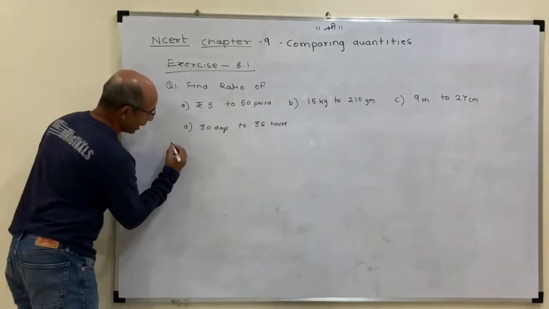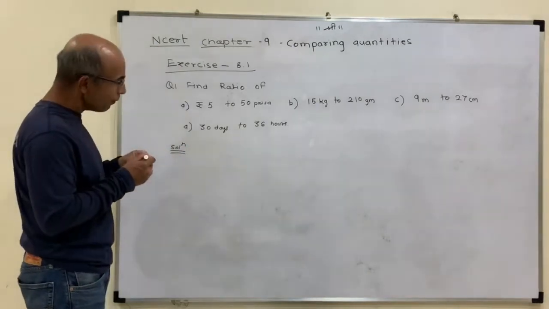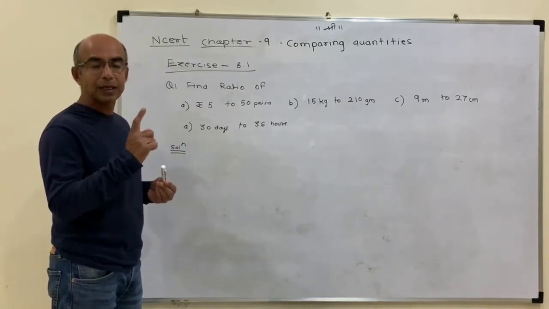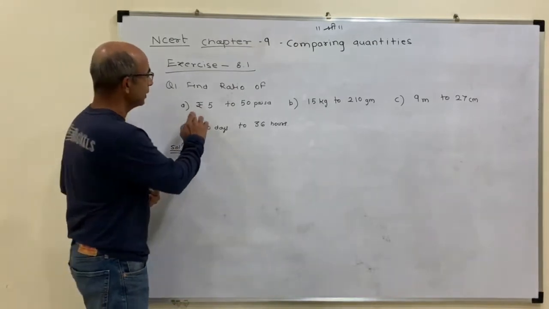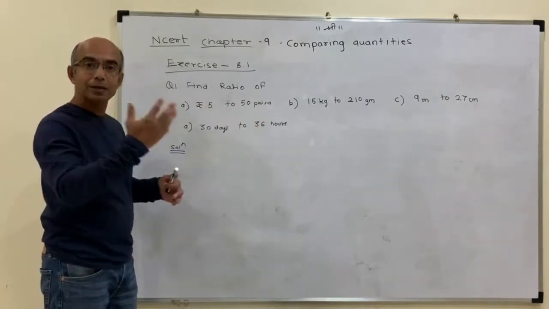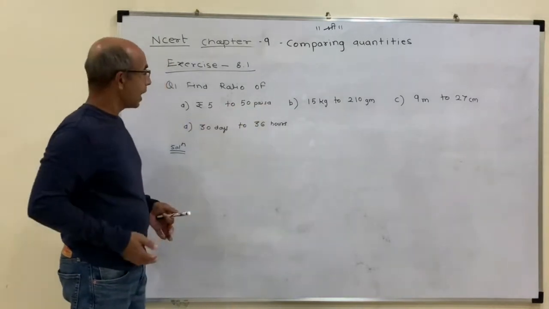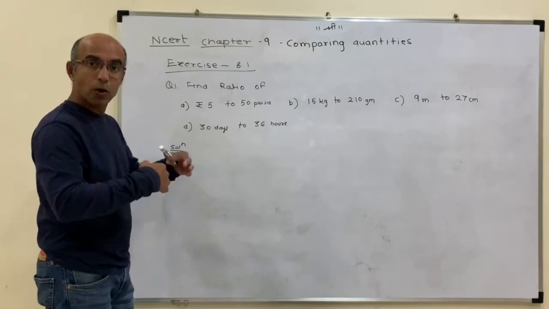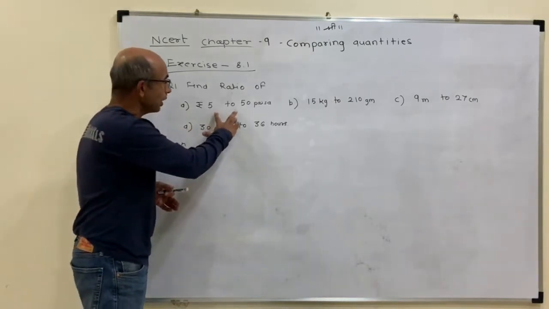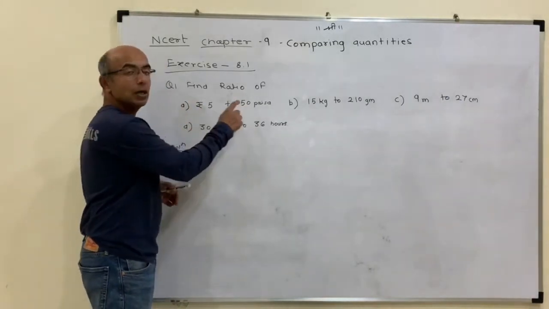Now, as I explained before, when you find the ratio of two quantities, the first thing is they should be of the same kind. Here both are currencies, but their unit of measure should be the same. Here it is rupees, and here it is paisa. Either we convert paisa to rupees or rupees to paisa. Unless we bring both quantities to the same unit of measure, we can't find the ratio.